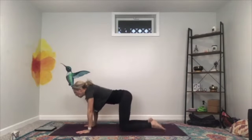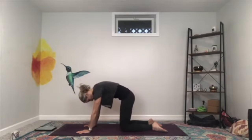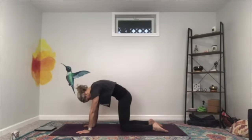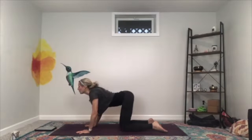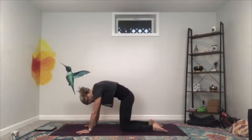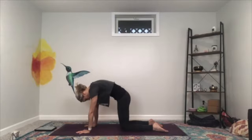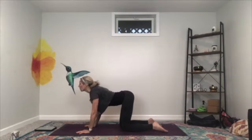As you inhale, lower your belly, lift your gaze, broaden through your collarbones. Exhale, round your spine, chin to chest. Inhale, drop the belly, lift your gaze, press your heart forward. Exhale, press your shoulder blades away from each other, around the spine, navel to spine. And one more. With your breath,